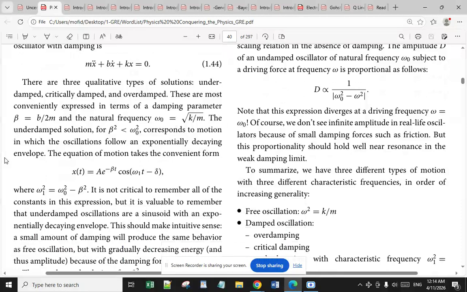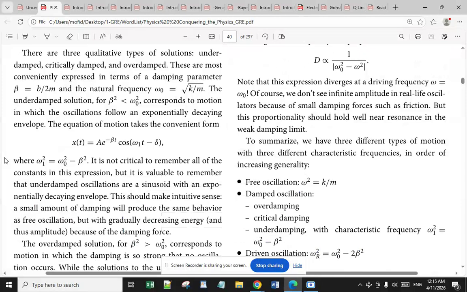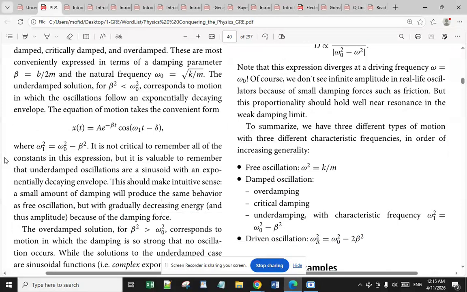It's not critical to remember all of the constants in this expression, but it is valuable to remember that underdamped oscillations are sinusoids with an exponentially decaying envelope. This should make intuitive sense. A small amount of damping produces the same behavior as free oscillation, but with gradually decreasing energy and thus amplitude because of the